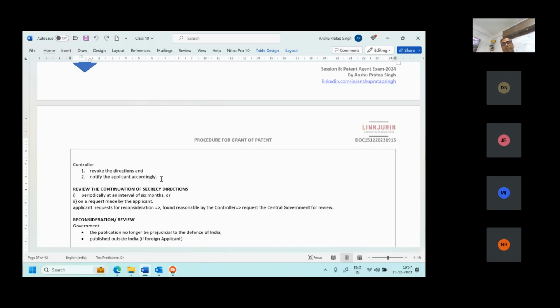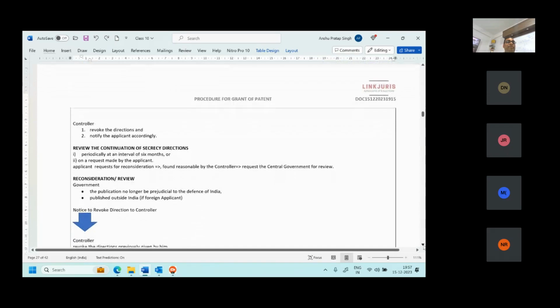And if the controller finds that the request is reasonable, he will forward this. He will request the central government to review whether the secrecy action can be lifted. Then comes reconsideration or review.